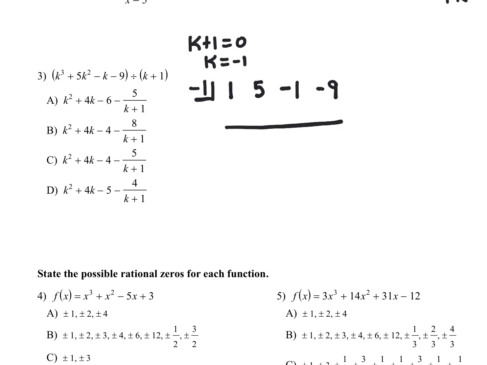And what you do with the 1 is you drop the 1. -1 times 1, you start multiplying. It's -1. 5 plus -1 gives you 4. -1 times 4 gives you -4. -1 plus -4 gives you -5. -1 times -5 gives you 5. So our remainder